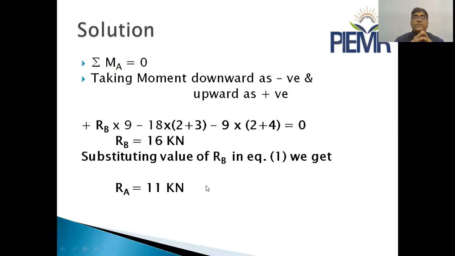So the interpretation part of this question is that the total force coming from upward, the total load of the UVL, is the total rectangular plus triangular load, that comes out to be 18 plus 9, that is 27 kilonewton, and that load is distributed or supported by the 2 points A and B which have support reactions, and the support reactions at A and B may be different. In some cases they come out equal, but in this particular case they come out different. That is, at point A the upward reaction is 11 kilonewton, and at point B the upward reaction RB is equal to 16 kilonewton.